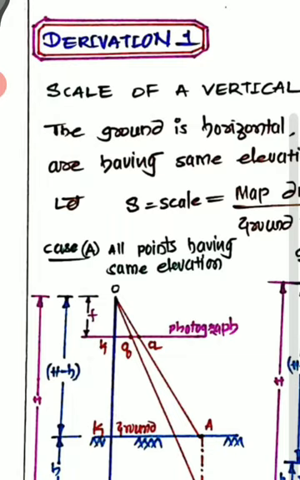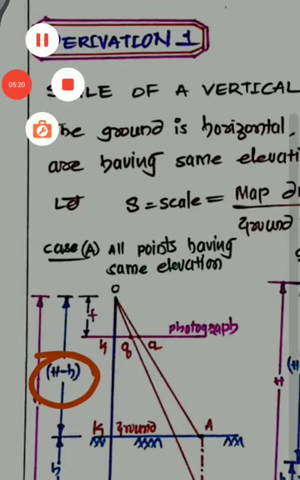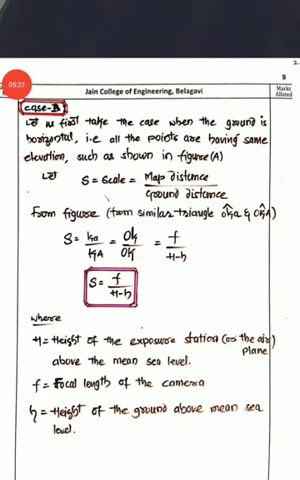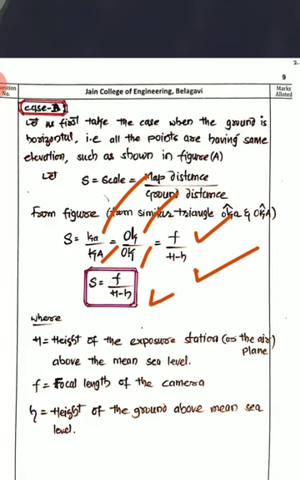Whereas small k is your f and capital K is your H minus h. These two things we are going to use there. Now here that is small k divided by capital K. That is, as we have seen in the figure, f divided by H minus h, since S is equal to f divided by H minus h, where capital H is the height of exposure